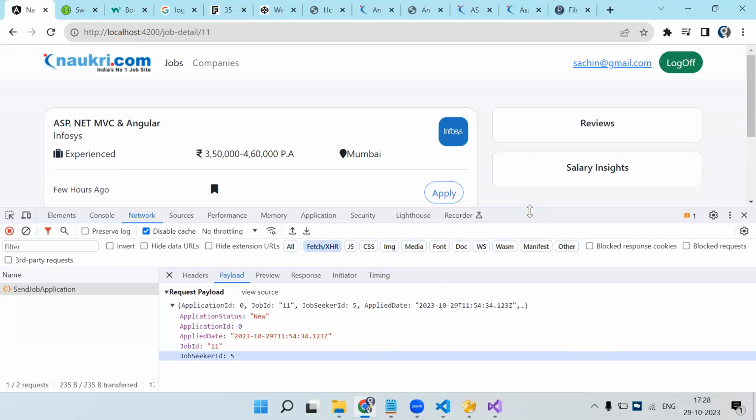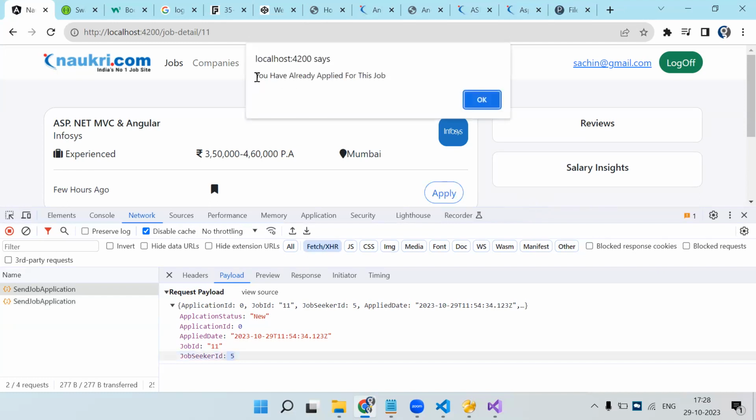Right now, this job seeker, Sachin, has already applied to this job. But if I try to apply again, I will get the error like you have already applied to this job. This is how the same functionality is there in the Naukri portal also. Now, the job seeker has applied to this particular job. Now, whatever applications the various users have submitted, we need to show in the employer login. So there,